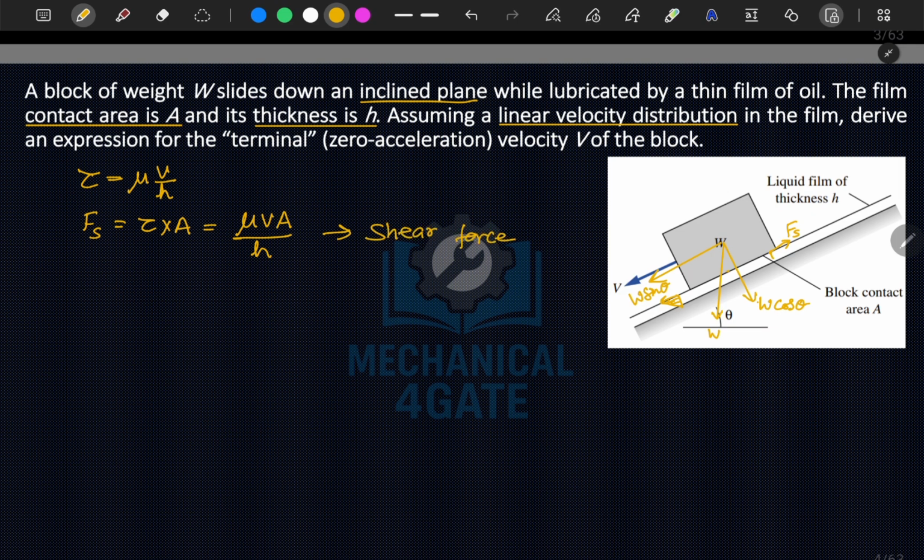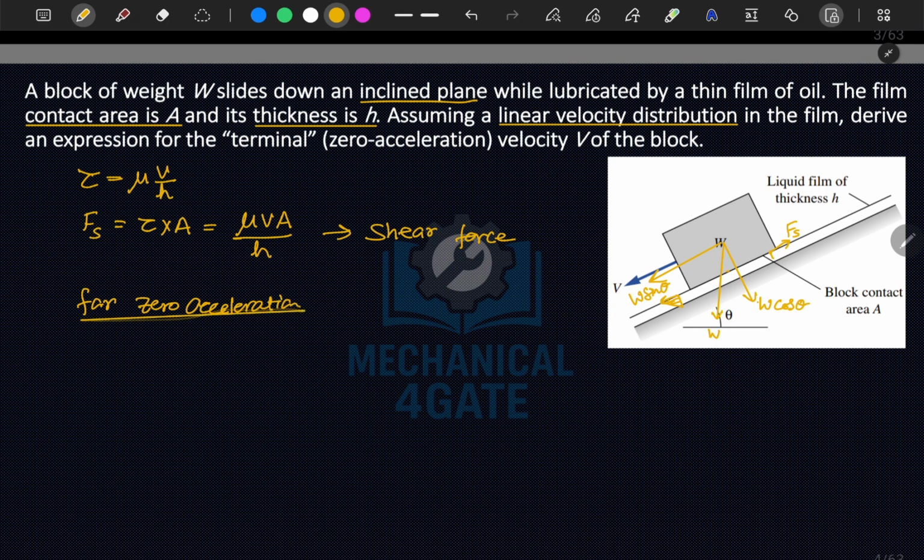Now your downward force is W sin theta. For zero acceleration,